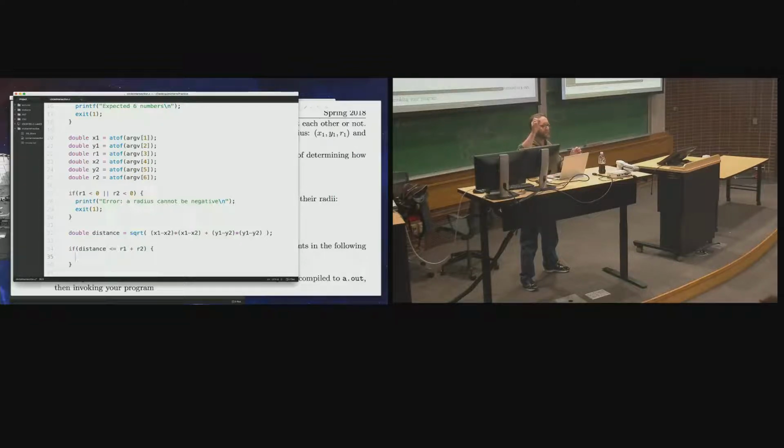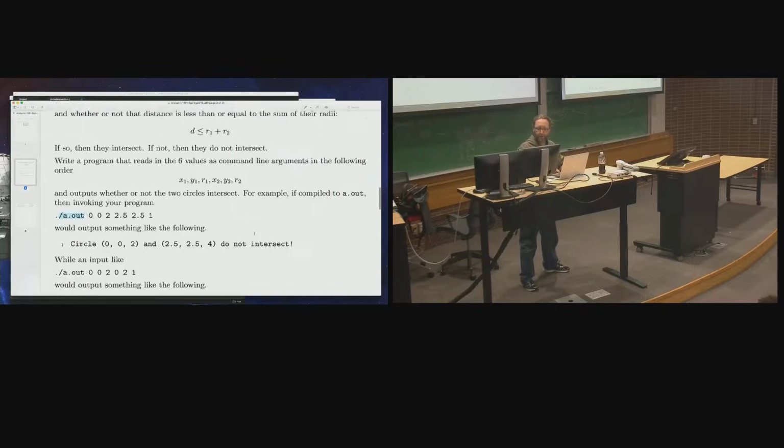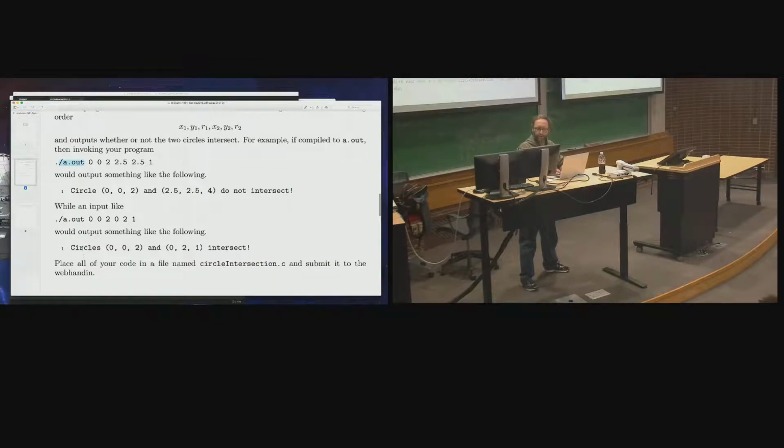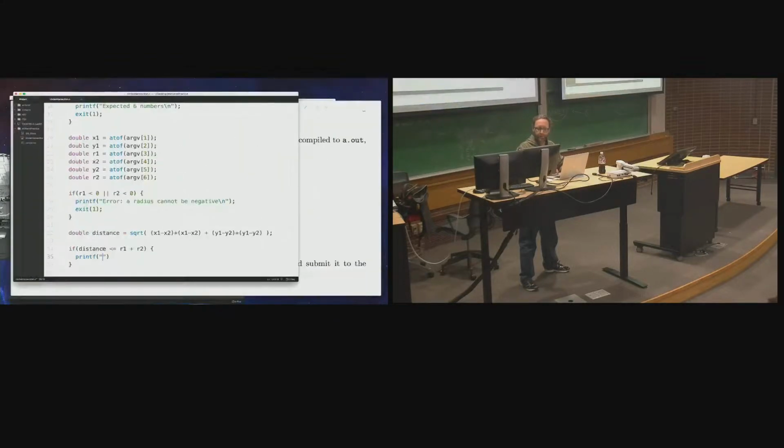The distance between them is less than the radii, so they intersect. Printf, and I'm just going to grab this printout here. Circles, blah, blah, and blah, blah intersect. Let's come back over here. There we go. And instead of hard coding these values, I'll go ahead and put in %f, %f, %f,